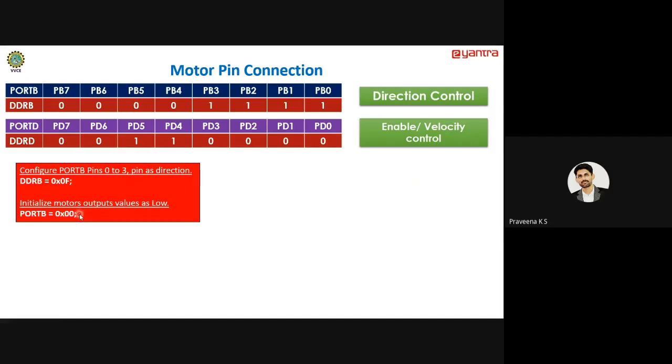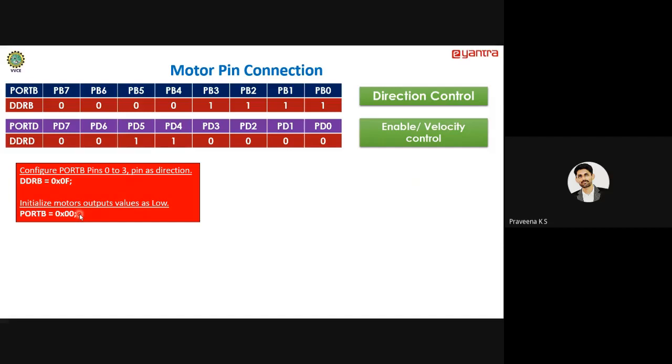Why? Because initially your robot should be in off mode, right? It should not be moving. As soon as you press the button, if your robot jumps out of it, how would you, right? If you have put something on the robot and it has to take that to a particular place safely.